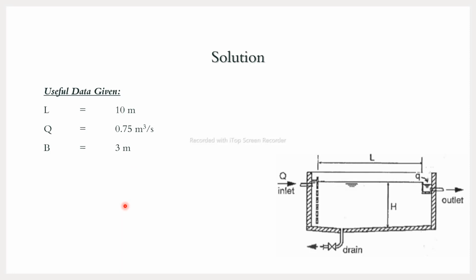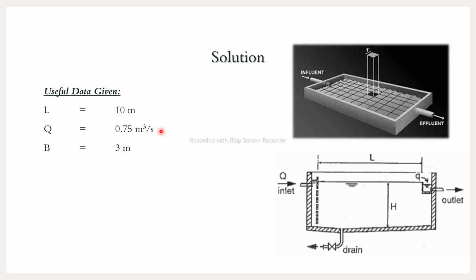So the solution will be something like this. And you can again see the height, that is h, which was given as 0.8 meter or something. That is not important in this case. So again, the surface area is important, and the settling velocity will be given something like this. So Vs, the terminal settling velocity, will be your flow rate, that is 0.75 meter cube per second, divided by meter square,